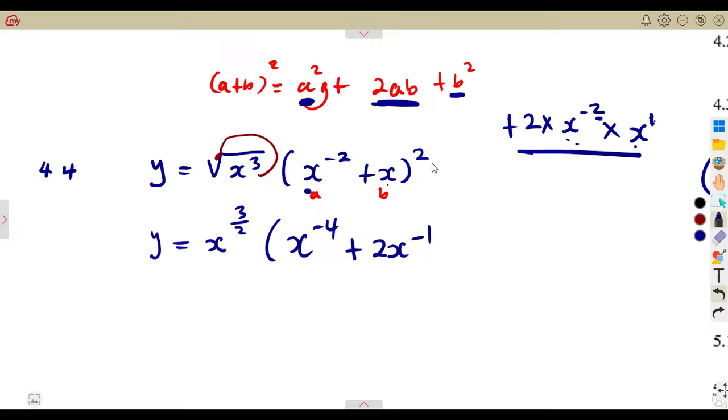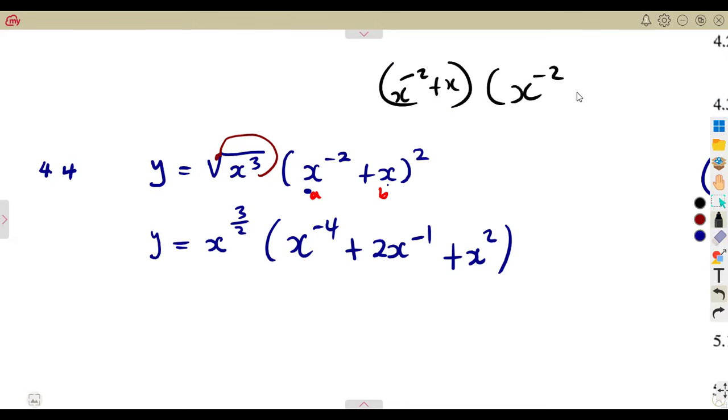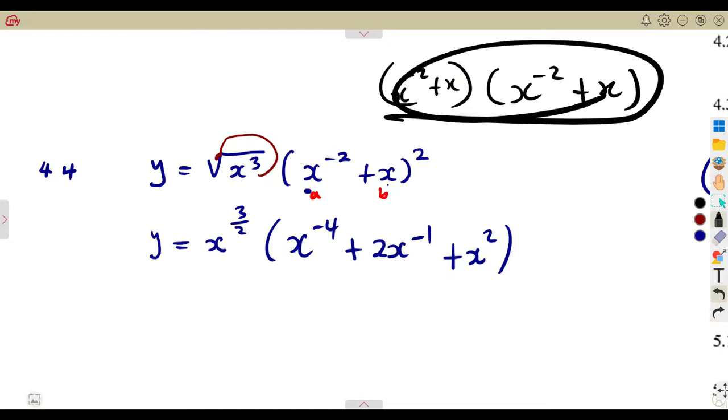The last term squared, which is b. So this is b squared, which is x squared. You have expanded. Yes, you can open the brackets. I'm not saying it's wrong to open those brackets. You've got 2 brackets, where you expand this bracket into another bracket. You could have done that: x to the exponent of minus 2 plus x into the other bracket of the same. You expand it normally,